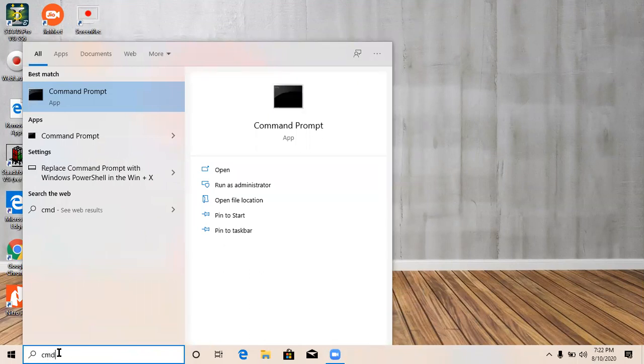You need to search CMD command prompt. Just right click on the CMD and go to run as administrator, and yes, and type a command regsvr32 space and then a double quote.